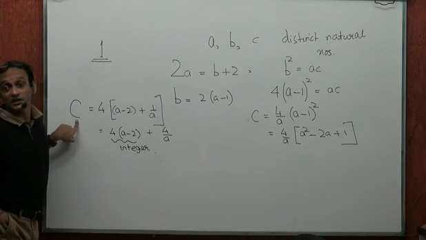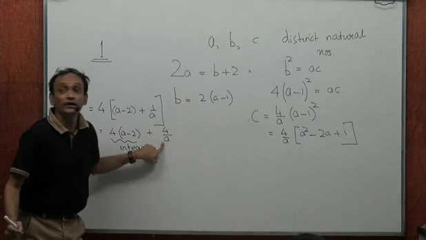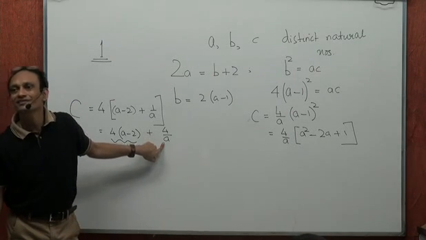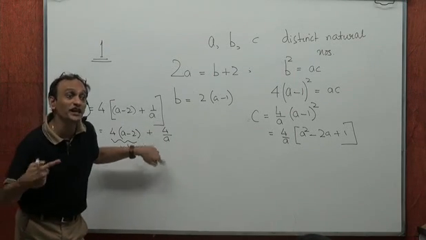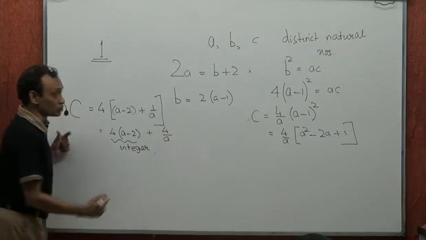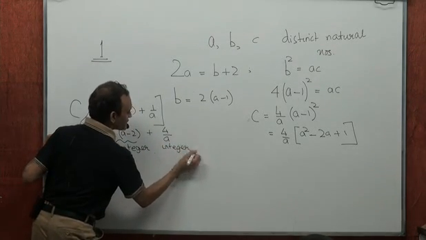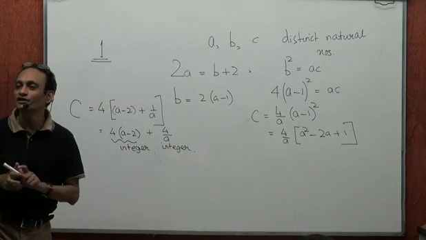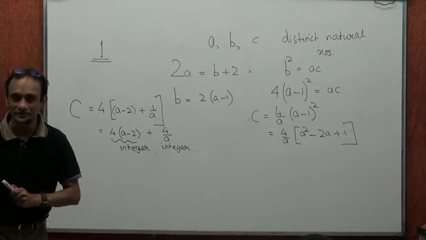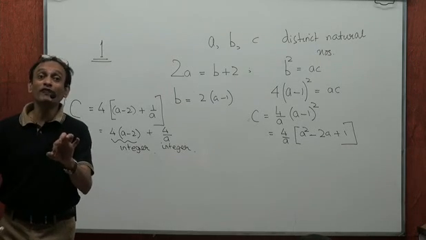Now, c is an integer. So 4 by a would have to be an integer, yes or no? Because integer plus integer would be an integer. So 4 by a would have to be an integer. Now, you'll realize that nature will not leave you unattended here. So, in order that 4 by a be an integer, a could have only